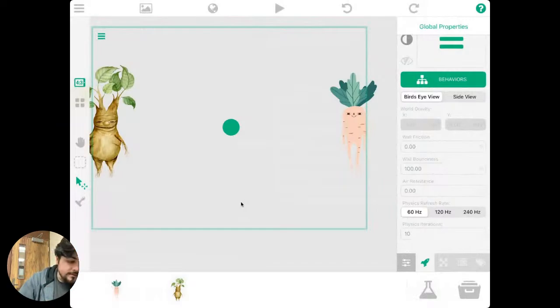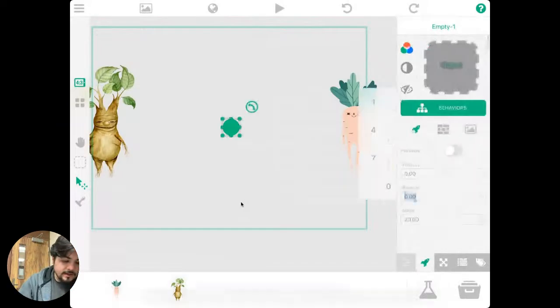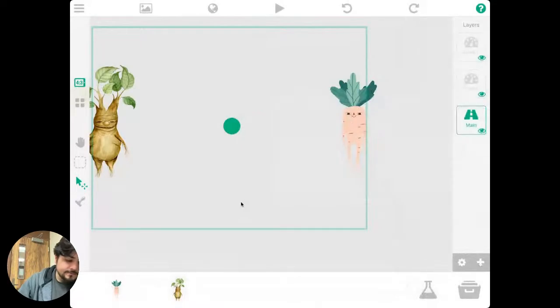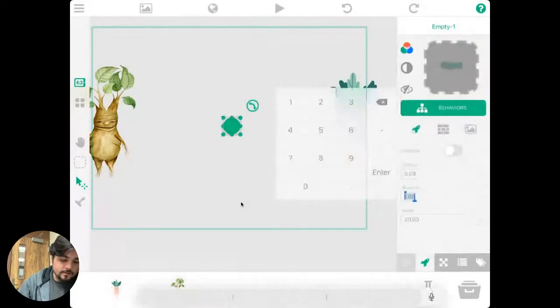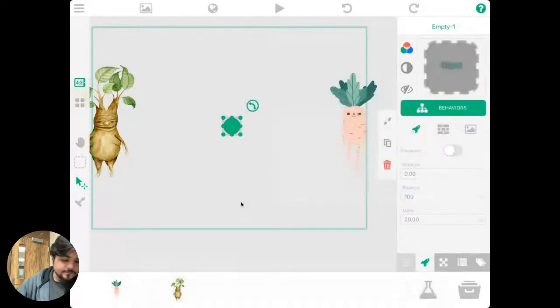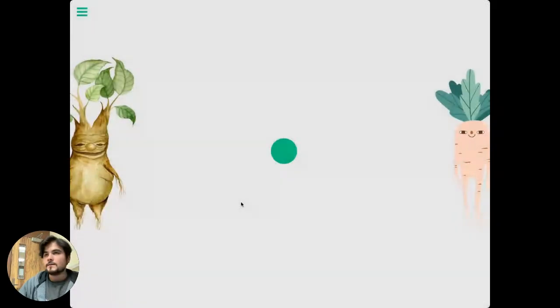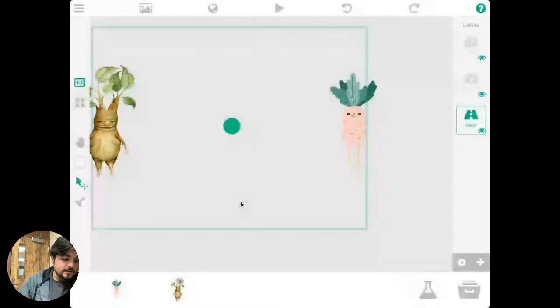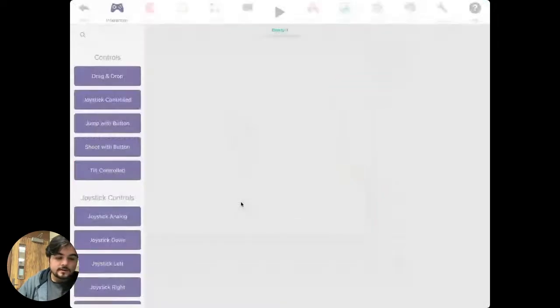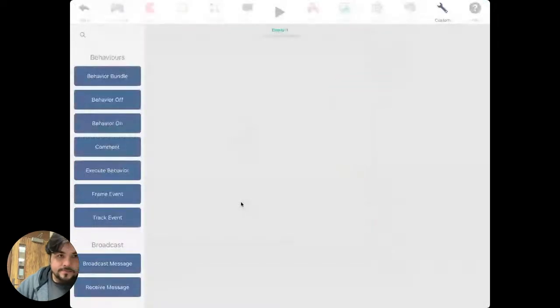We'll also turn on bounce to 100% on the ball itself as well. All right, so if I press play, we're going to see nothing is going on because our ball hasn't started in any direction. So what we're going to do is be pretty cool and give our ball a random direction